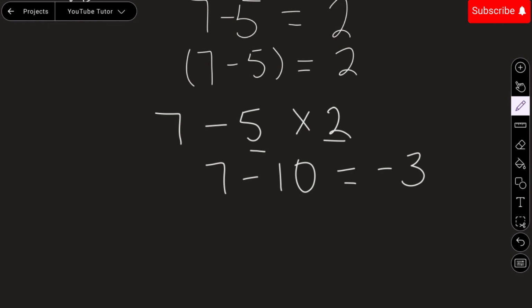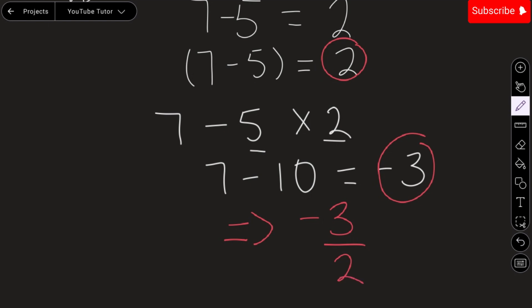So putting it together, let me change. We have this and that. So we have our final answer to be -3 divided by 2, because the numerator is -3 and the denominator